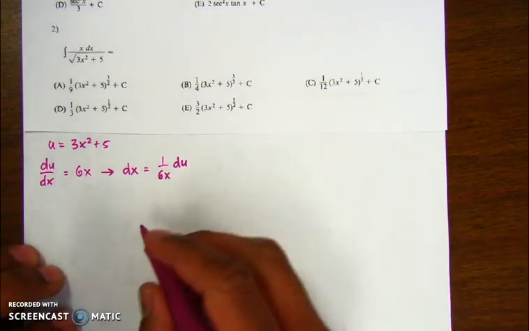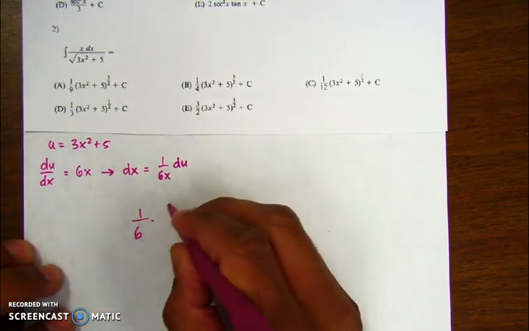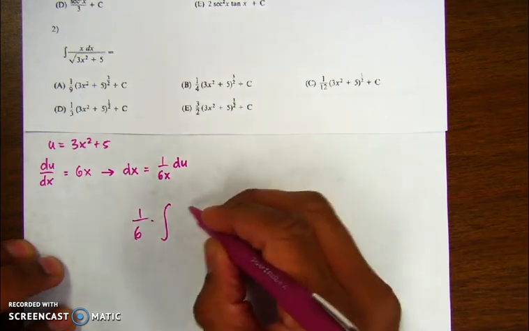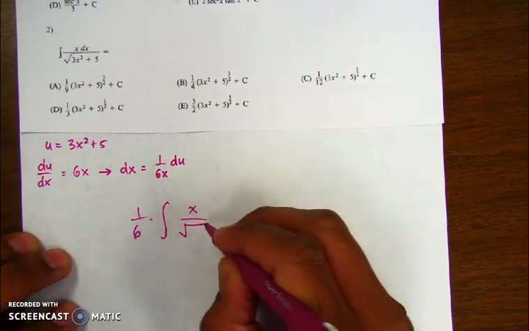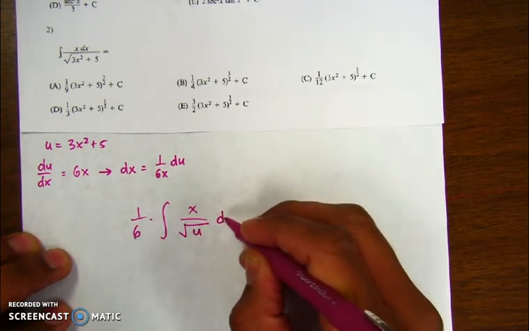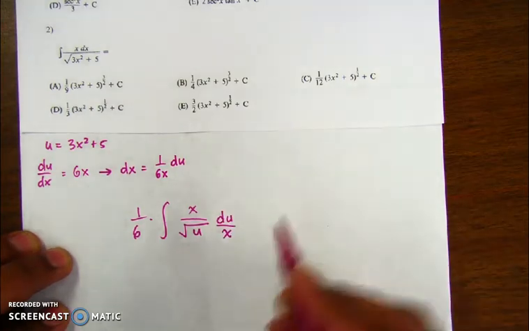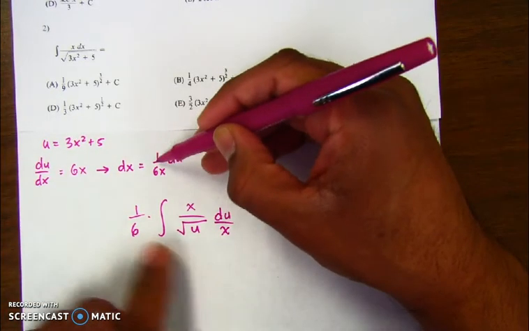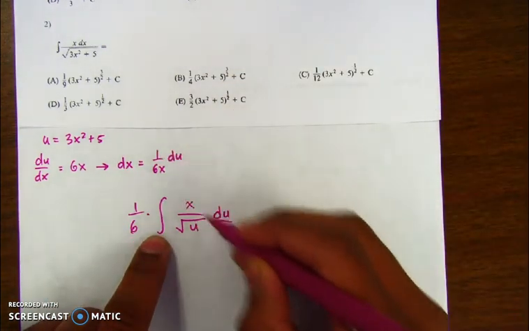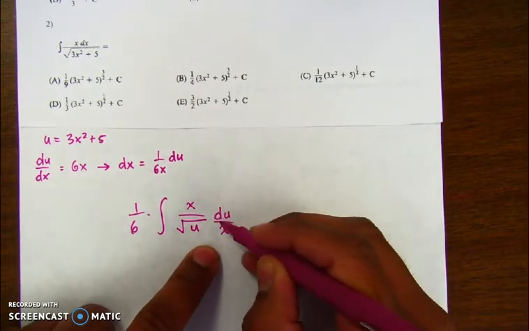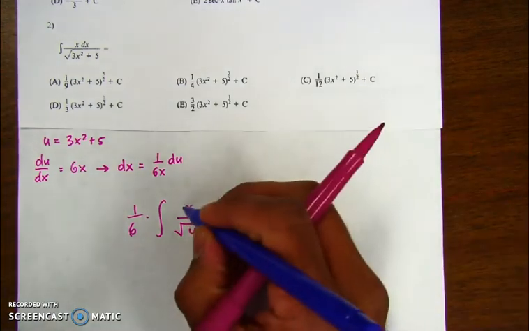So now what we have is 1/6 times the integral of x over the square root of u, du over x. So what I did was I took out the 1/6, that's why I have this 1/6 out here, and 1 over x du is this one right here. So now we see that the x is cancelled out,